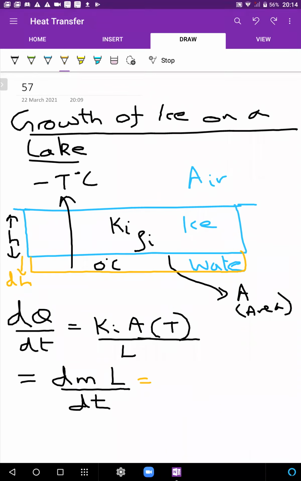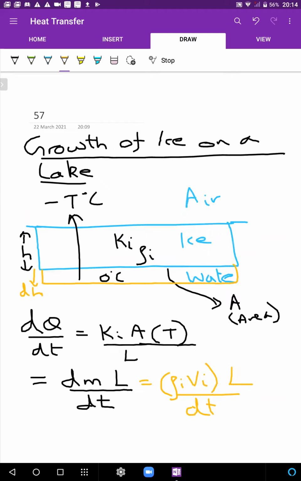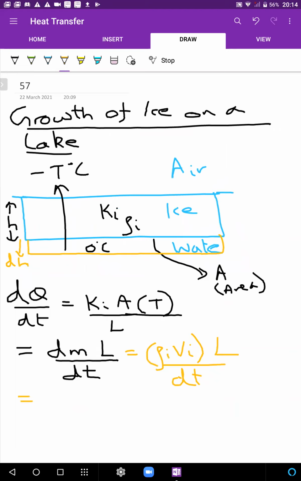Sorry, will be how much? Will be density of ice times volume of ice formed. Simple. जितना भी mass of ice बन रहा है पानी के freeze होने के कारण, that will be density of ice into volume of ice formed. अच्छा, that will be how much? फिर volume of ice formed को हम लिख सकते हैं area of ice into height. ठीक है, तो ये हमने अब यहाँ तक ये लिख लिया.